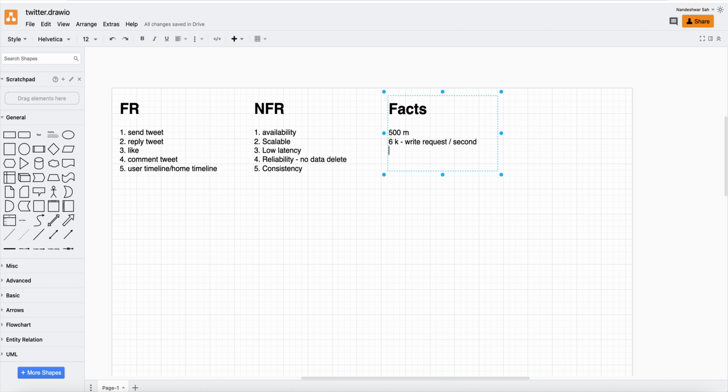But when you say the read request, you can say 600,000 read requests per second, because I realized if there are millions of users, then at least we can expect this 600,000 read requests per second. Every second we get 6,000. So if you analyze this, one of the facts we realize is that this is very read heavy